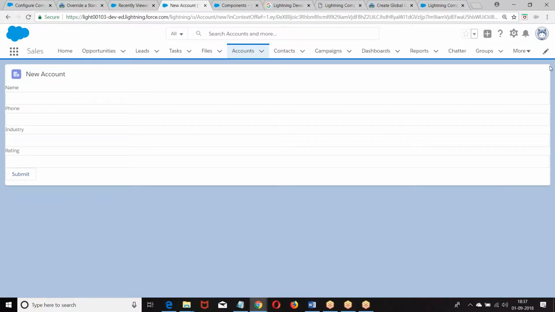So if you want any action to be displayed here, how do you display? These are actions of the card. Set actions. This is set title. This is set photo. Now you can define whatever logic you want. I hope you are good with this. So what was this? Overriding the standard action or creating a custom functionality on standard pages. This is called object specific action. Everyone has followed this? Okay.